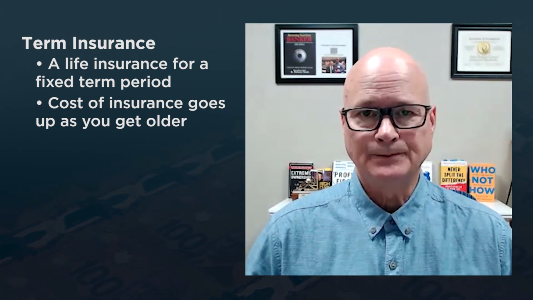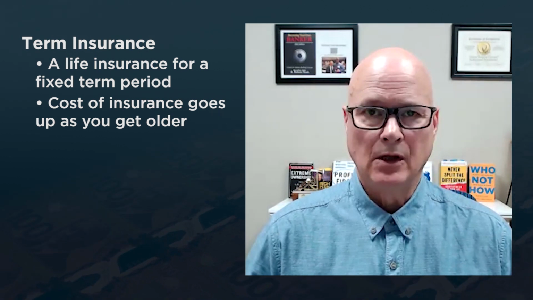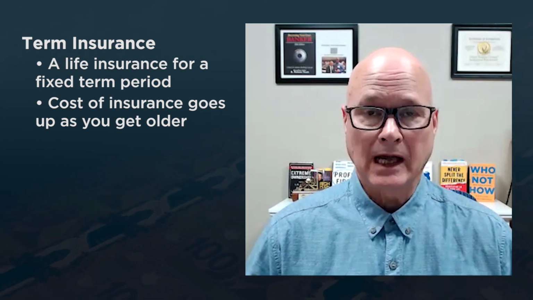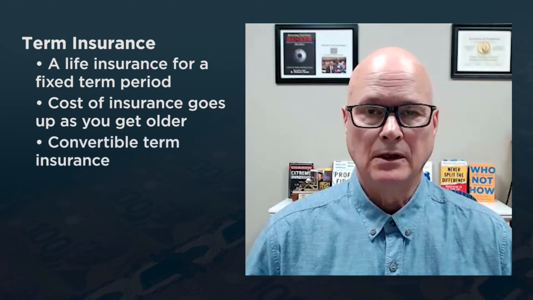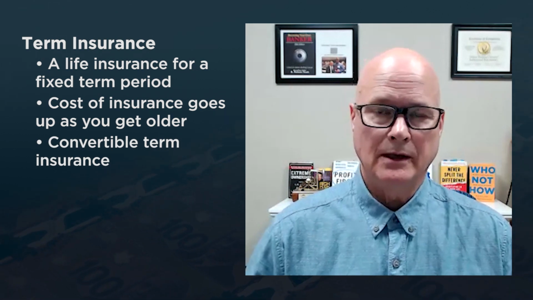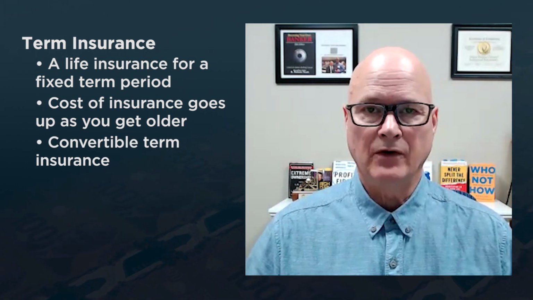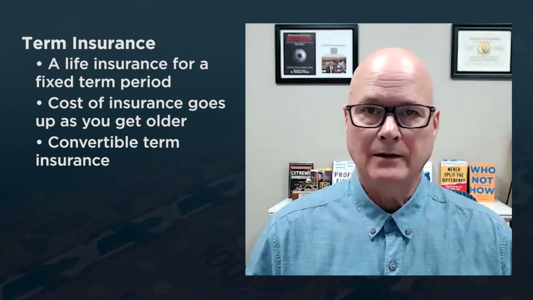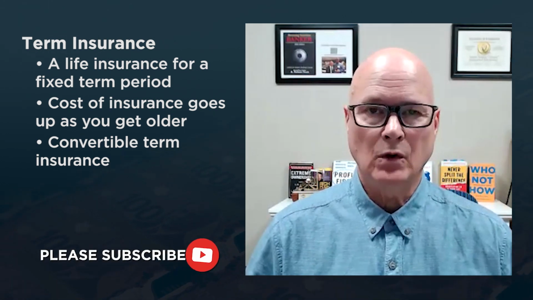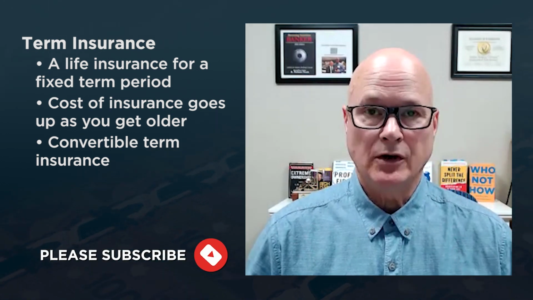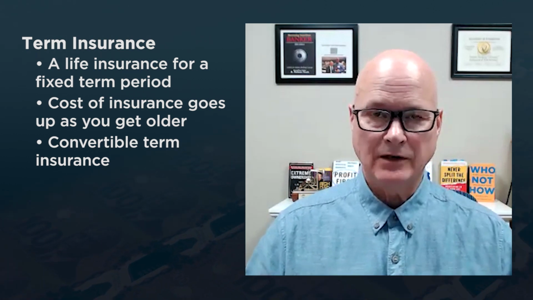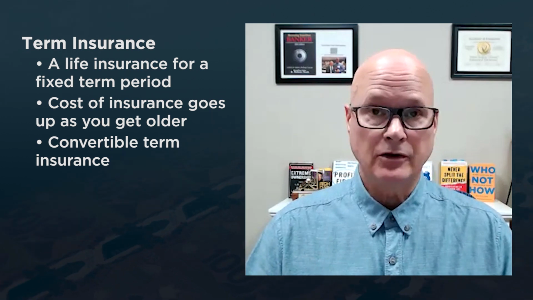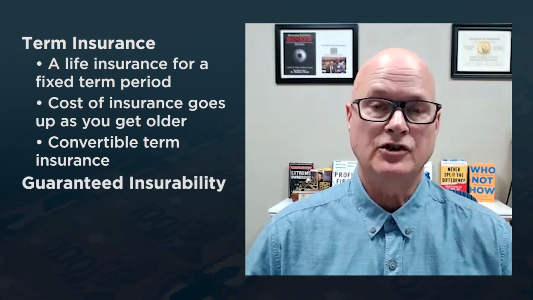And there's a few other things. I always encourage people, when you buy term insurance, buy it with a company that allows it to be convertible. And what do I mean by convertible? That means that you get the option to convert that term insurance to permanent insurance. And that is a huge plus. That's one of the things I like the most about term insurance: once you have that insurance on your life, and you do it with a life company that allows you to convert it, you have guaranteed insurability.